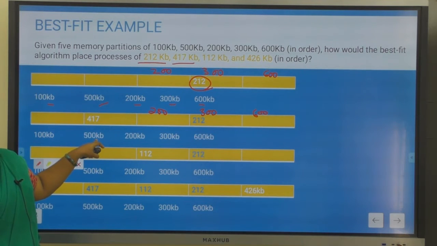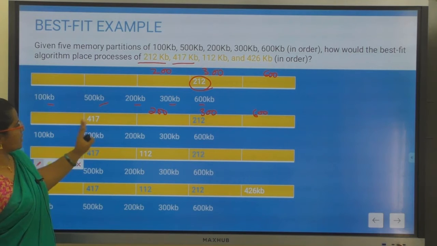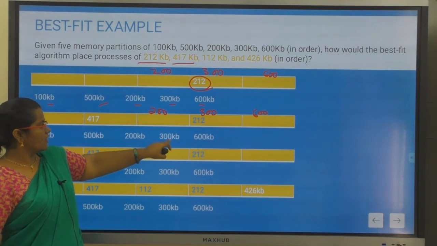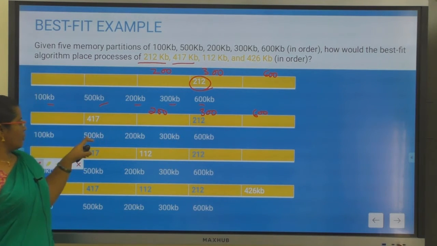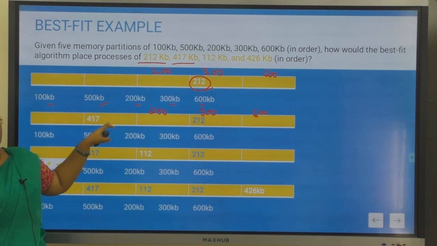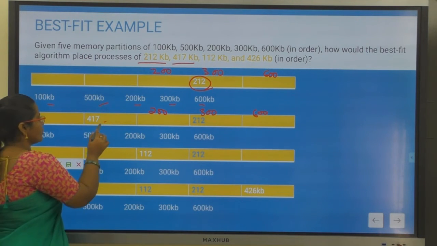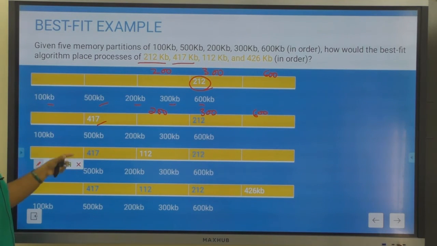After 100 you have 200, not sufficient, and 300 is already filled. Then the next smallest is 500, which is sufficient for storing your 417 process. So I am putting the 417 process here in the 500 KB slot.